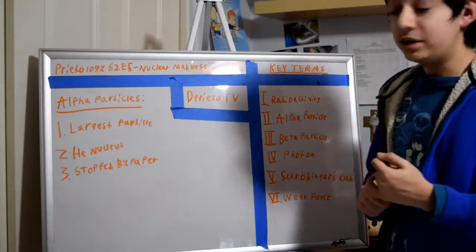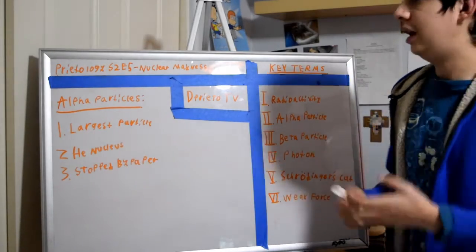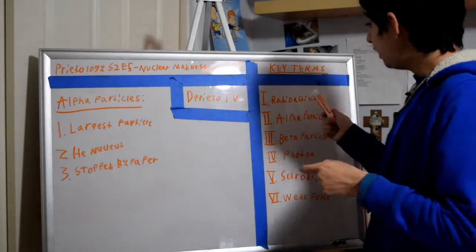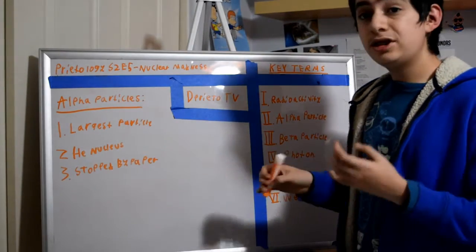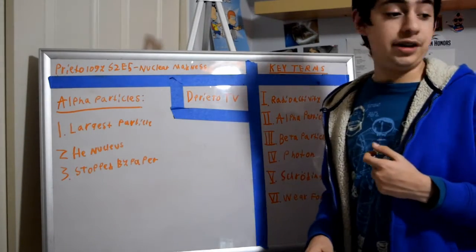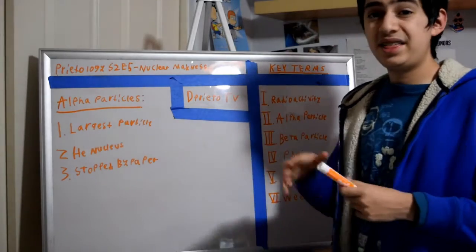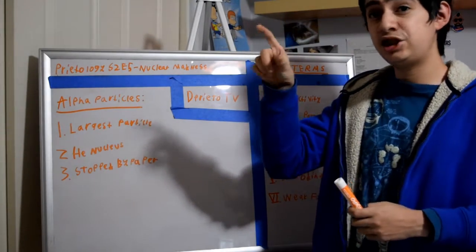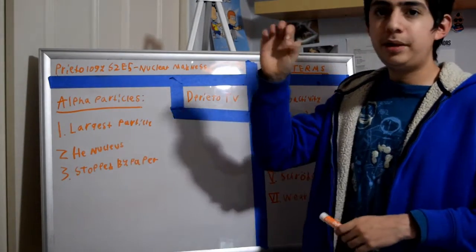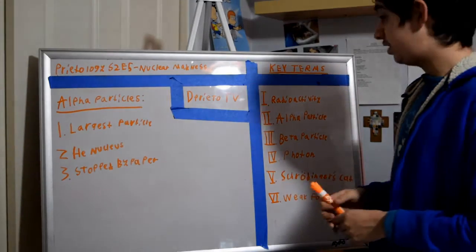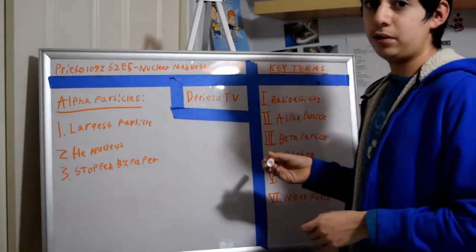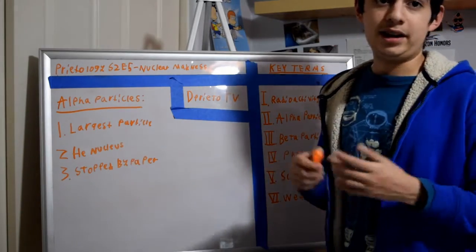Alright, so we are on to our second term, alpha particle. Like I said last time, this is one of the results of radioactivity. This is the largest particle in nuclear radiation, and it can be stopped by something as thin as a sheet of paper. So a little piece of paper can stop an alpha particle. This can be slow moving and very destructive. It's not as fast moving as a beta particle. It's very slow moving and, like I said, can be destructive.